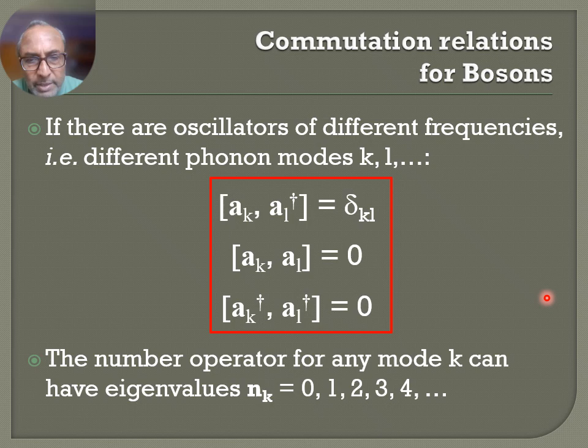The number operator for any mode k can have eigenvalues n_k equals 0, 1, 2, 3, 4, etc. That is, any positive